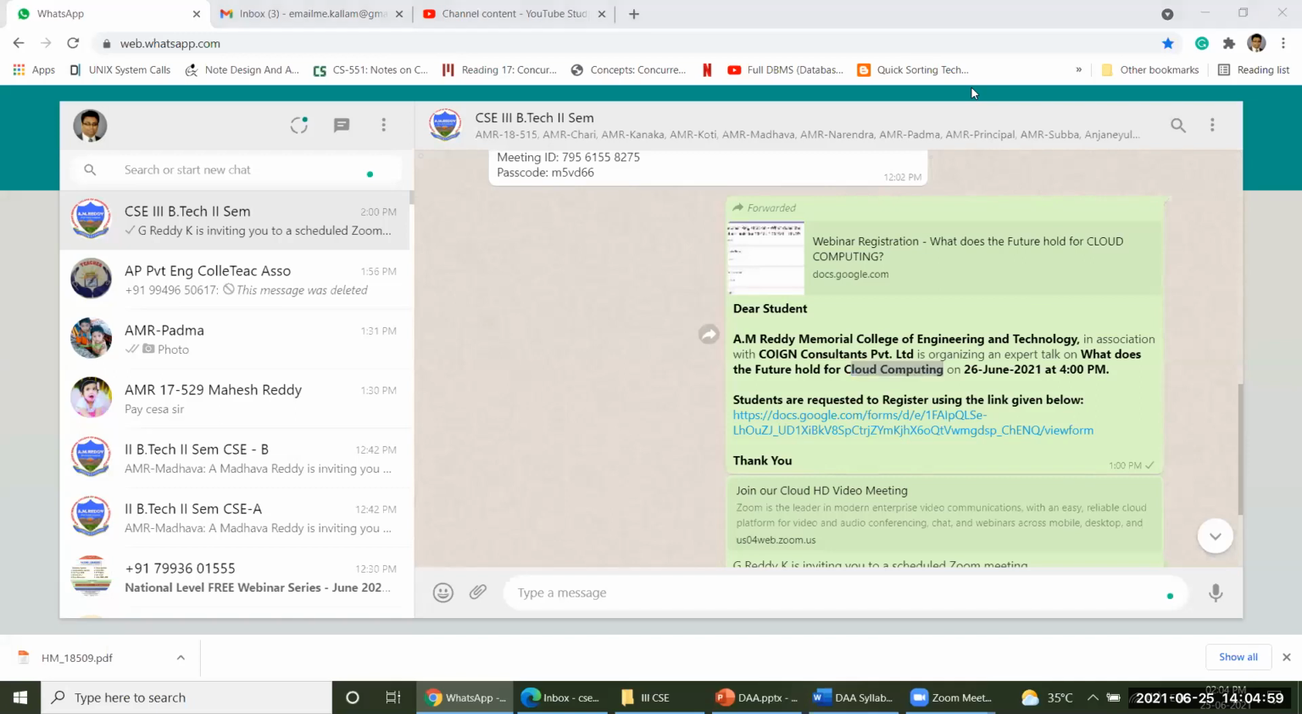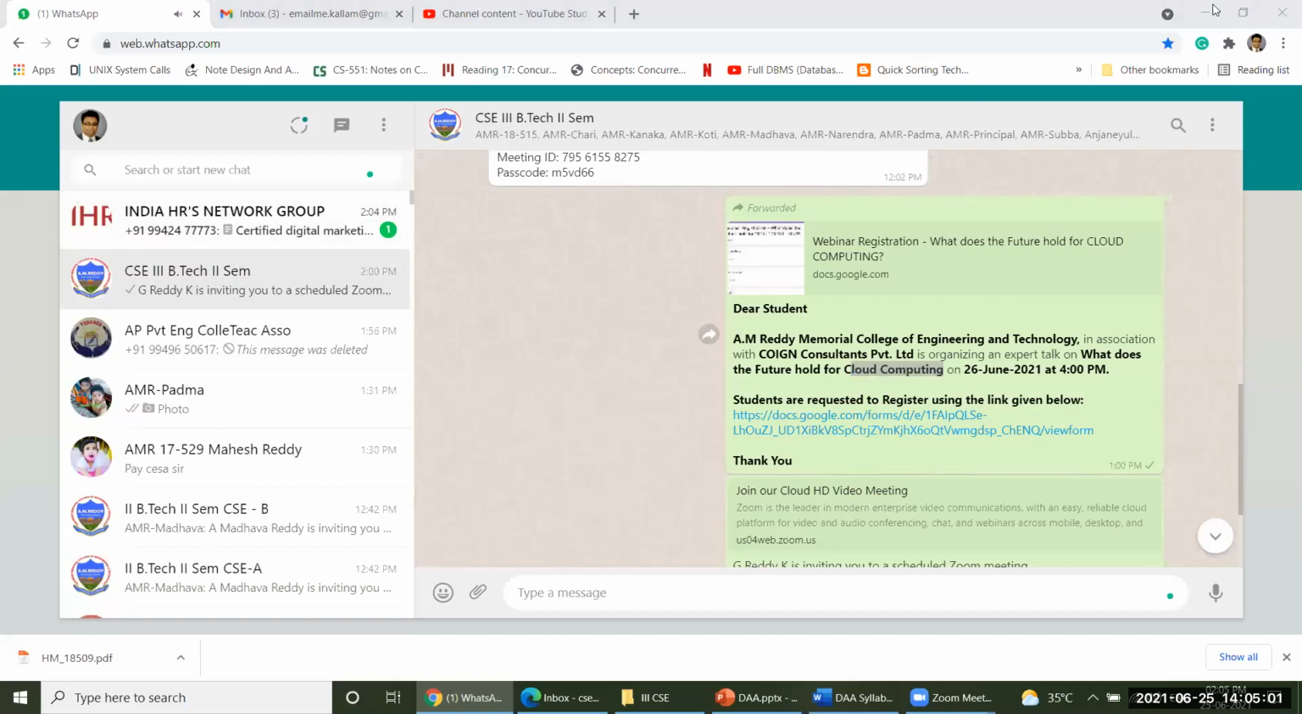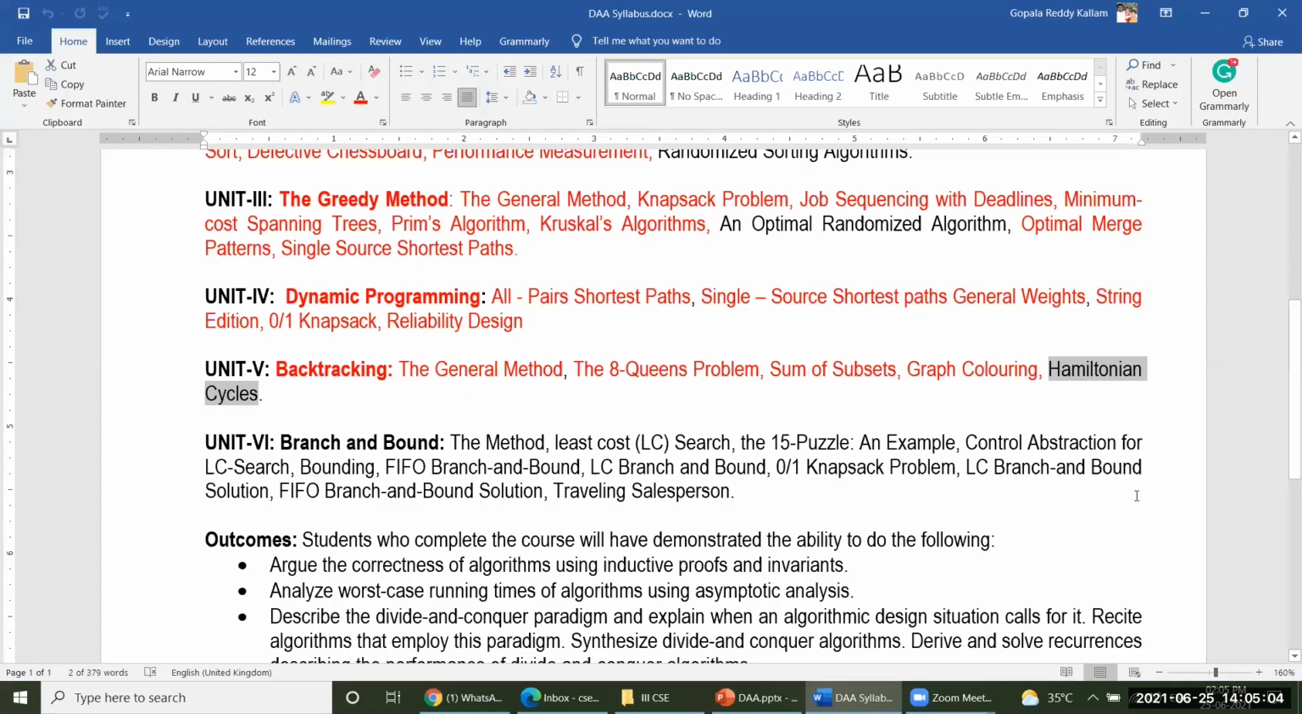Then today we'd like to discuss something about the Hamiltonian cycle. So what is this Hamiltonian cycle, and how can this particular problem be solved by using backtracking? Actually, Hamiltonian cycle is a particular problem which gives you a specific path from the starting vertex to the starting vertex again. A path will be taken from the starting vertex, visit all vertices and come back